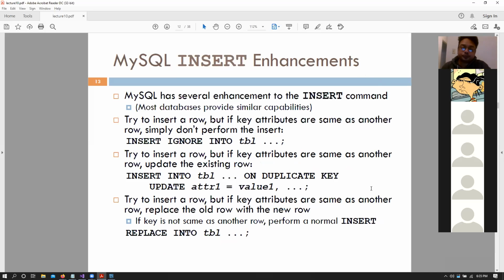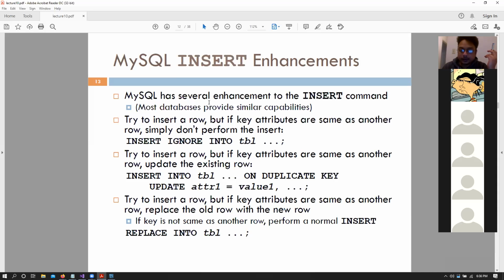Okay, so MySQL allows a lot more enhancements on our insert command and gives us a lot more flexibility. We looked at the Oracle code, and MySQL gives you a greater breadth of capabilities.